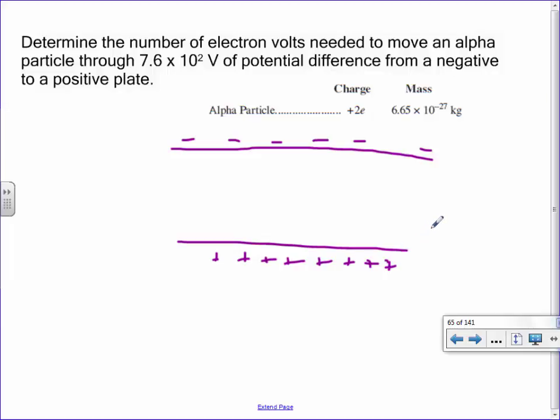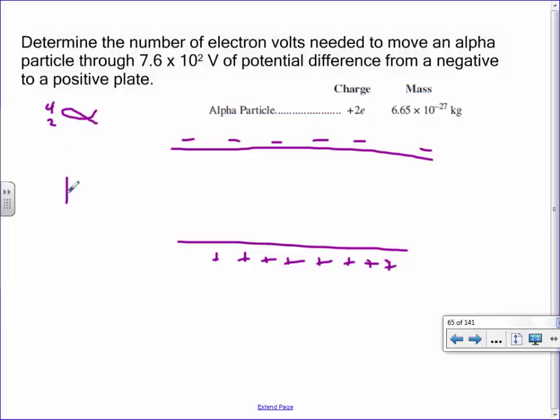Do you guys know what an alpha particle is? I told a few of you before. It's a helium nucleus. An alpha particle is a helium nucleus. It basically has 2 protons and 2 neutrons in it. Sometimes you'll see it notated with this symbol right here, 4, 2. You guys remember in chemistry what the 4 and 2 stand for? What's the 2 at the bottom of this sort of notation stand for? 2 protons. It's its atomic number.